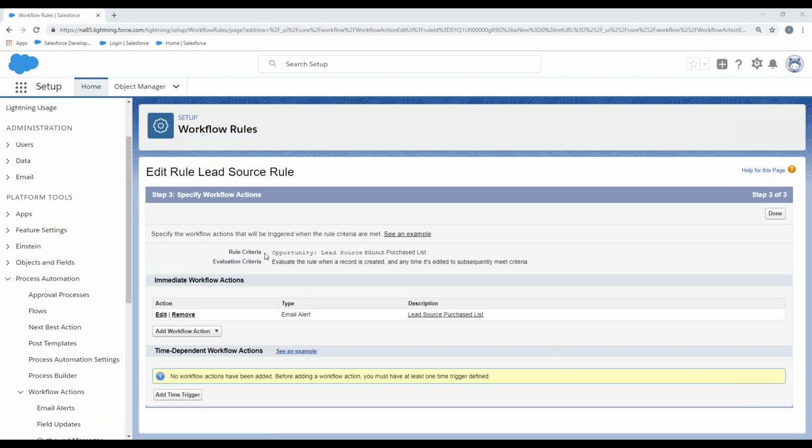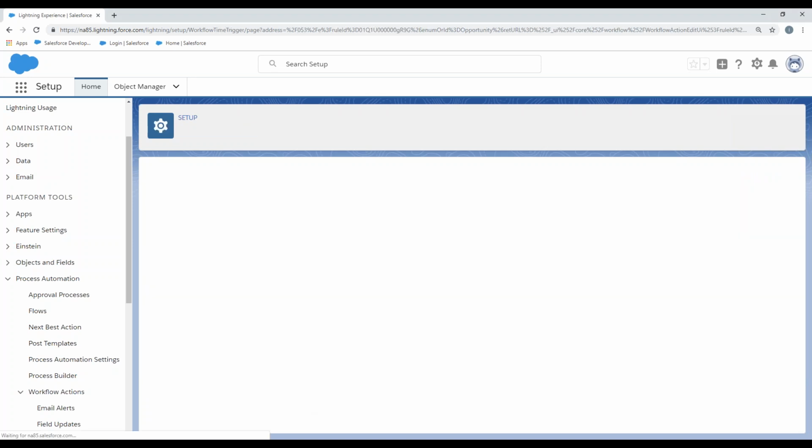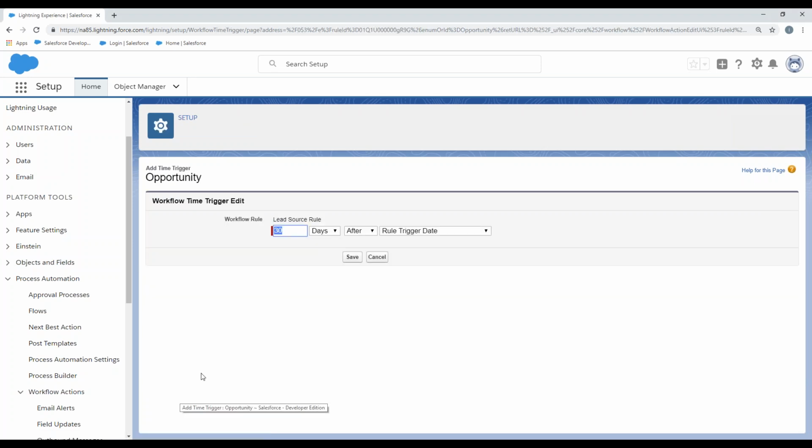So this is really awesome. We have our criteria and we have our email alert that's set up if that's met. Furthermore, however, we could also do something else. We can also add a time-dependent workflow action to this process, to this workflow. So let's say in about 15 days from the time the rule fires,